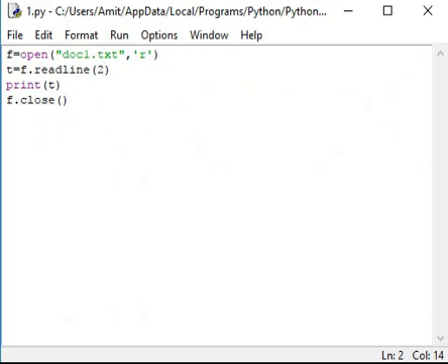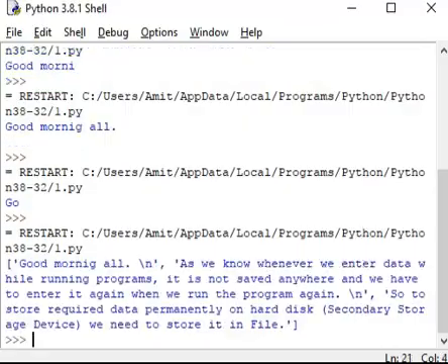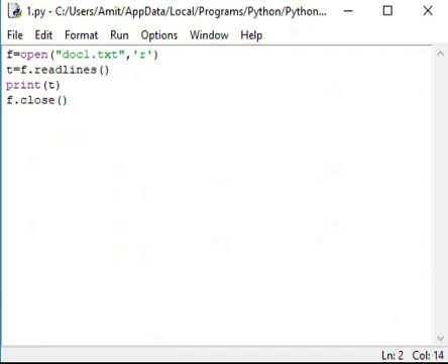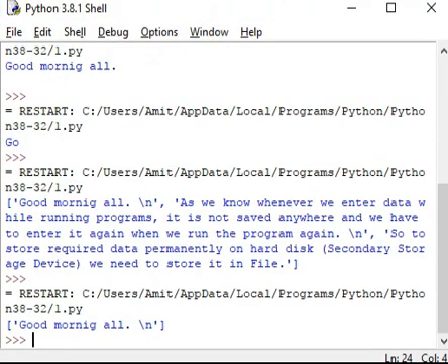Okay, now let us go for lines. So this is the thing, they are reading line by line. Slash n will denote the next line. Now let us see what happens when I put some numbers in the bracket. Let us see 3. So it gives here